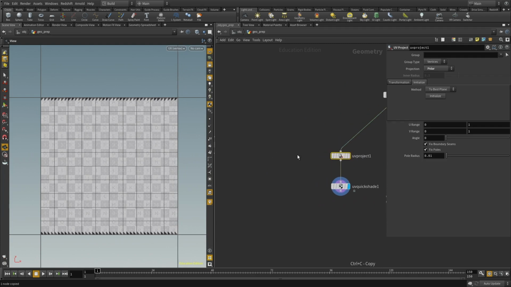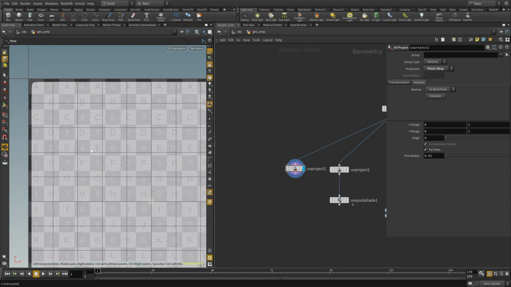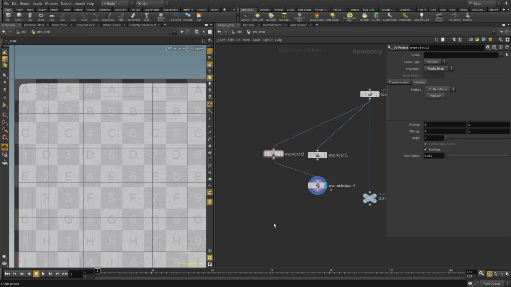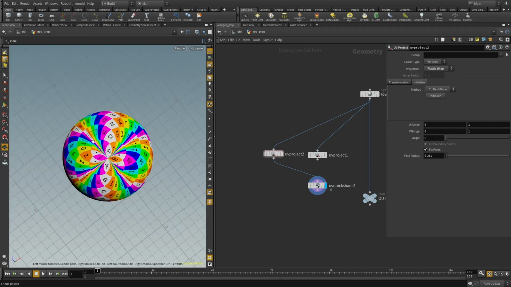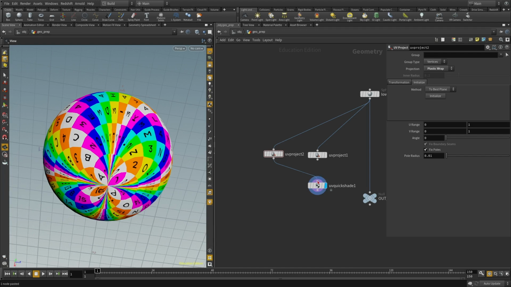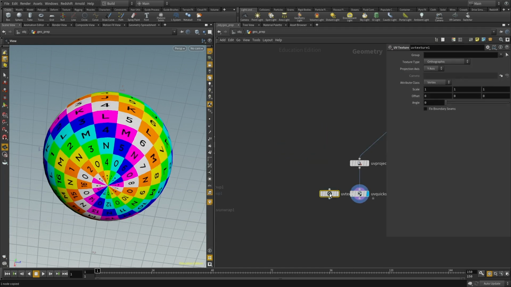We can also, what else is there? There's cylindrical, toroidal, and plastic wrap. I'm not so sure what's the difference in all of these. The main one that I use, this one looks interesting, but honestly I've never used it. It looks like it has a lot of distortion in this sphere. The other one to use is the UV texture node,